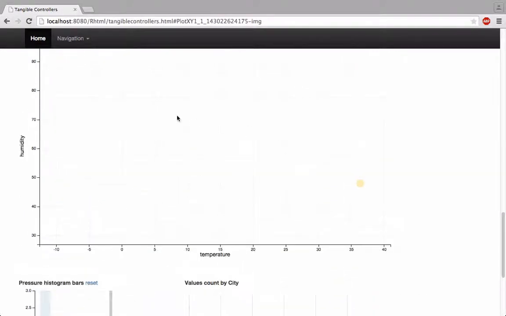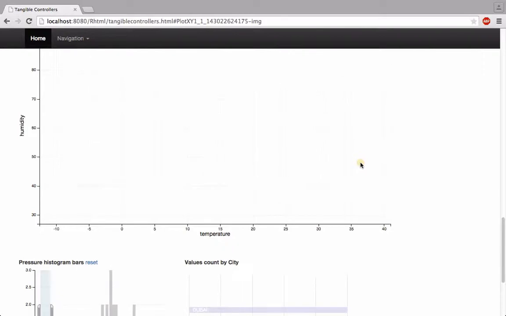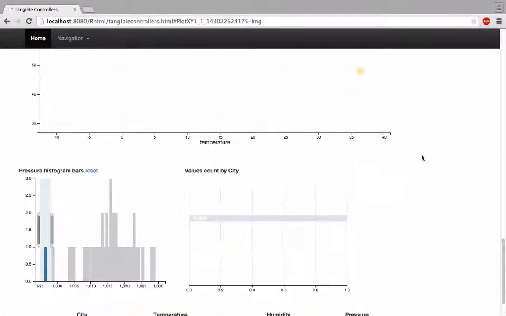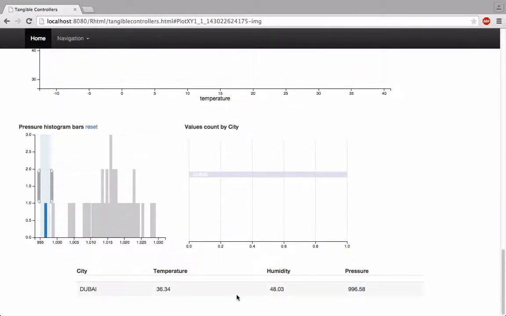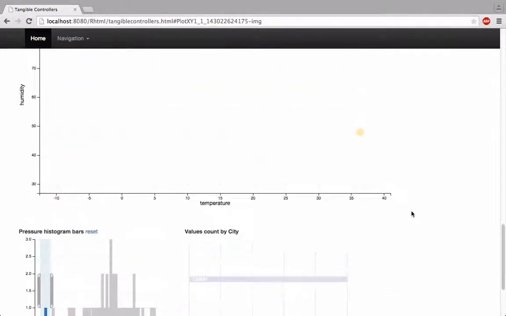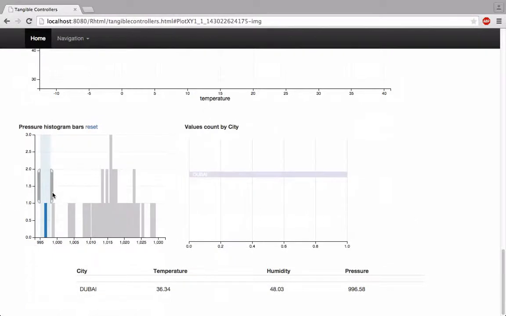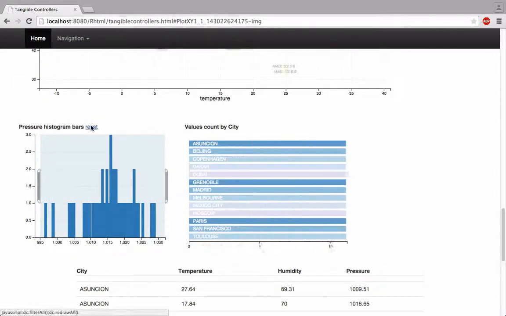So minimum pressure is given by this one, which is Dubai, which has a temperature of 36, a humidity and a pressure of, this is the minimum one. This is for Dubai, and we can see the city is Dubai, temperature, humidity and pressure and those ones. Okay, let's reset this one